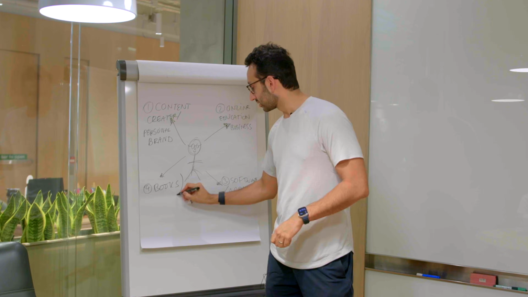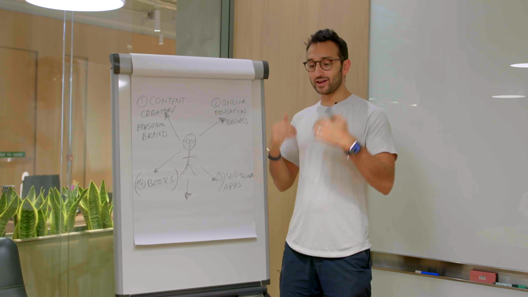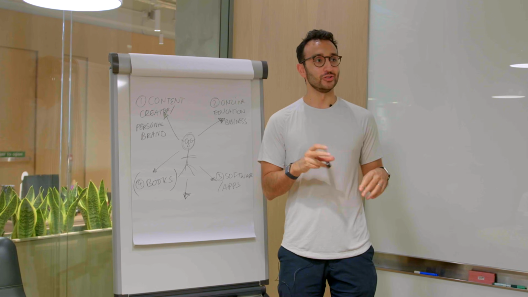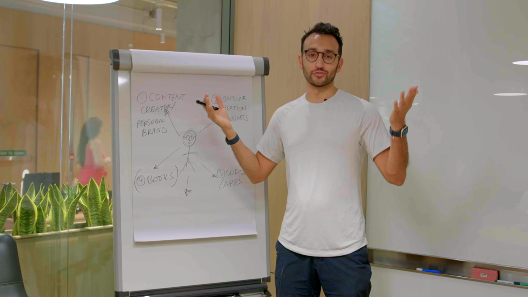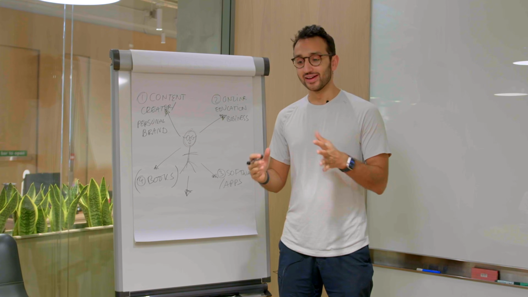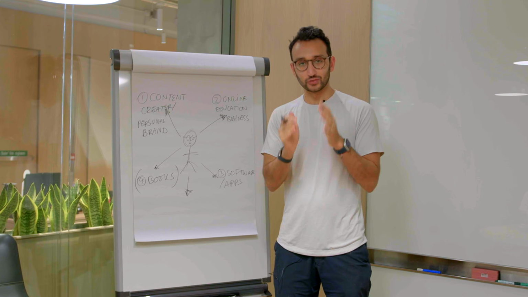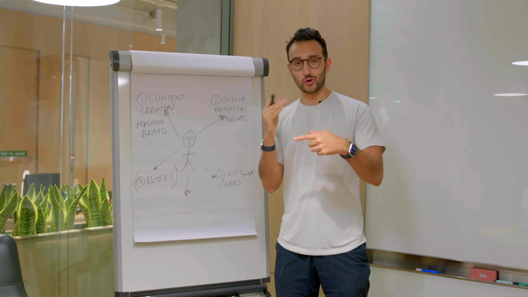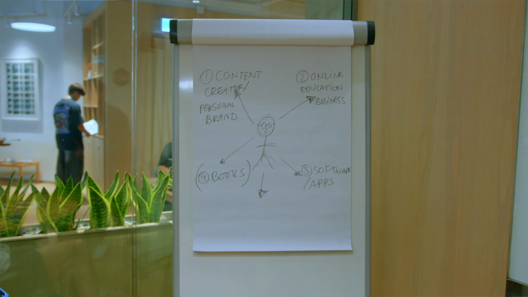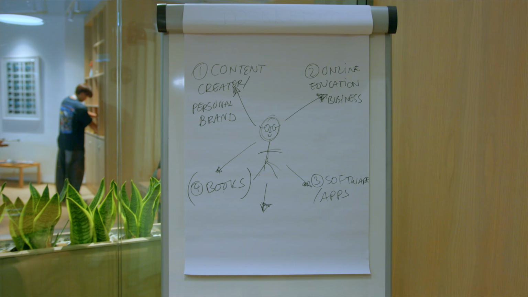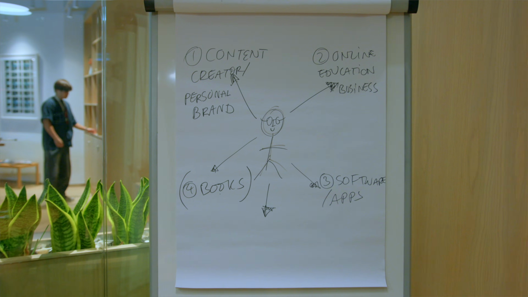I put this one in brackets because this is not a day-to-day thing. It's more like when I'm working on a new book, instead of trying to do it alongside all this other stuff, I generally take, I say generally, I've done it once so far, but for the 2nd book I'm working on, I am planning to take a 2, 3 or 4-week sprint and just focus on the book. That's how the different stages of the book are going to be done, rather than weaving into everything else. So in a way, these are the 4 aspects of the brand. We've got the content creator, the online education business, the software stuff, and books, which happens every few years.